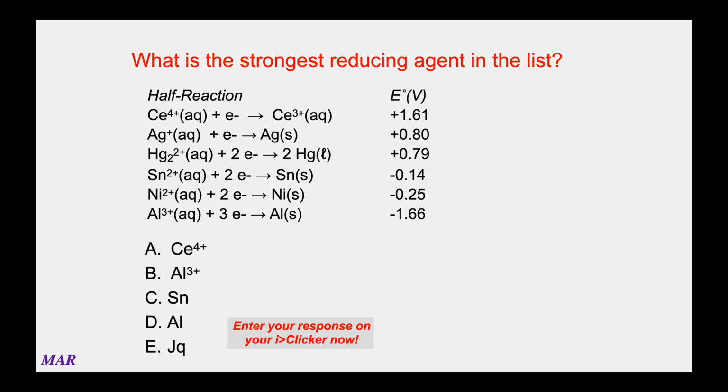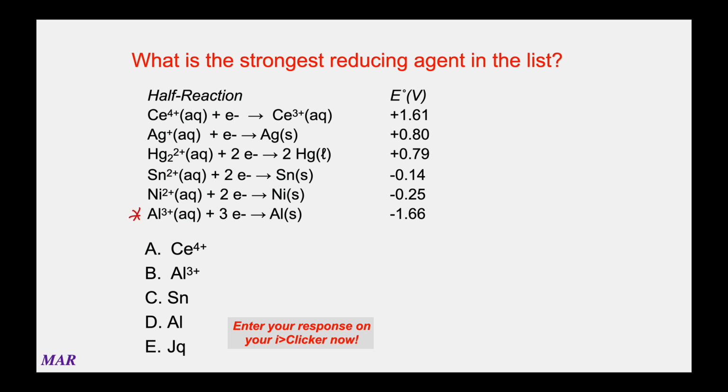Delta G is the way to tell which one is the strongest, and delta G equals minus nFE. So what that tells a scientist is that positive E values will give negative delta G's. And if you want the strongest one, that means you want the most spontaneous, the most negative. That would mean the most positive E cell potential is what you're after. So remembering here that we're flipping everything around, if you flip the last one,